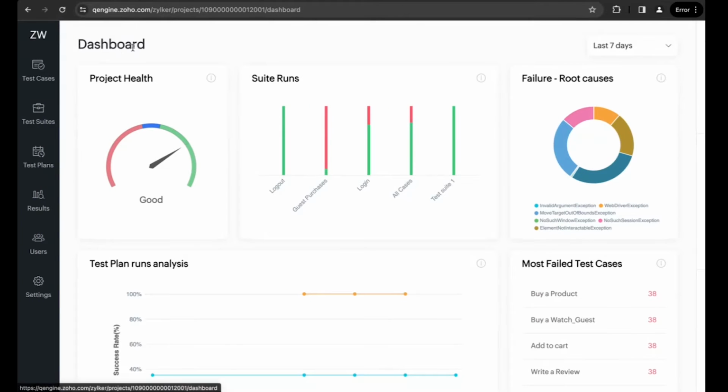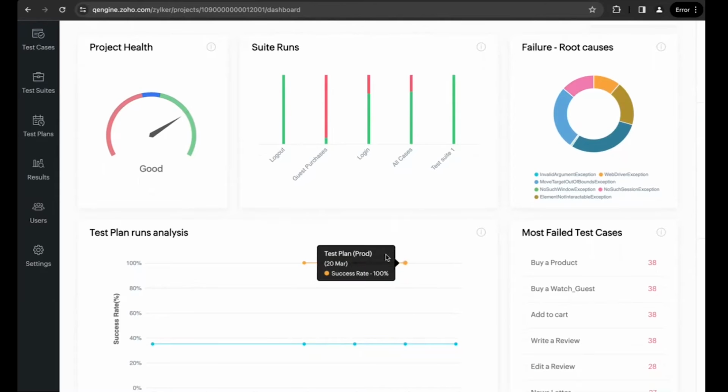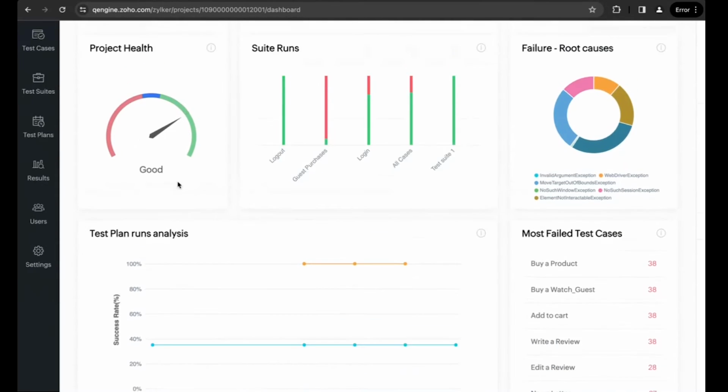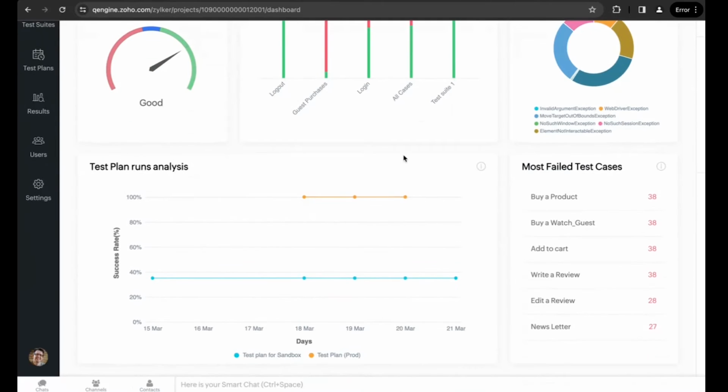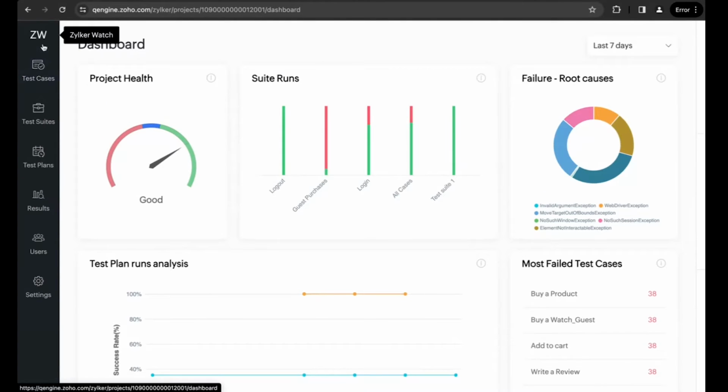On the left hand side, it is Zilker Watch, which we have named ZW. The overview dashboard will give you an overall view of the entire project. It will talk about the project health, the number of speed runs, and the most frequently faced issues with the test cases, test plan runs, and everything. Just below that, you can see that there is the test cases tab. So in the test cases tab, if you click on it,